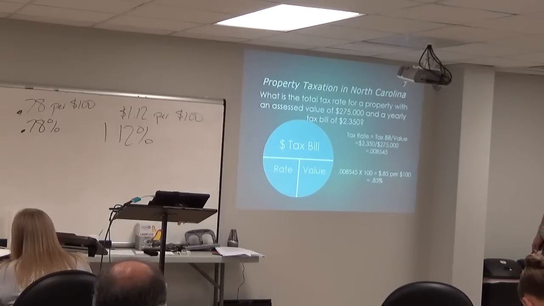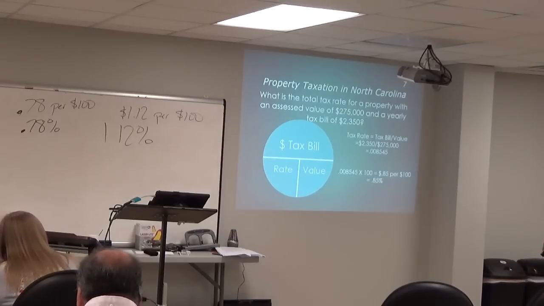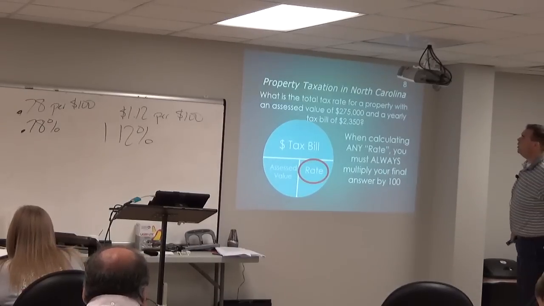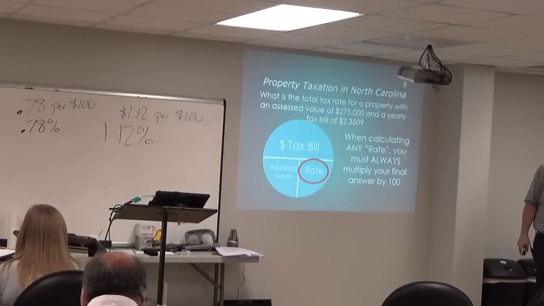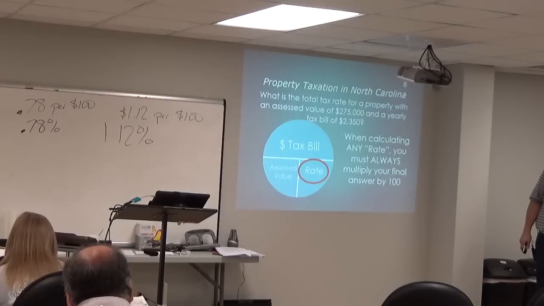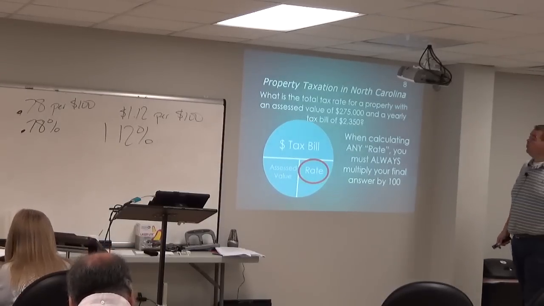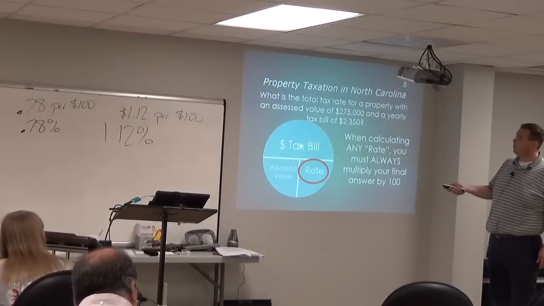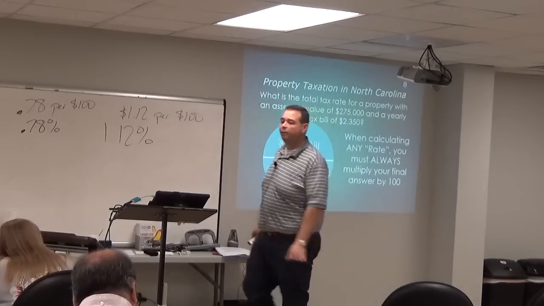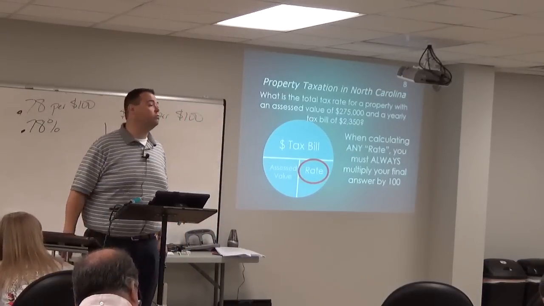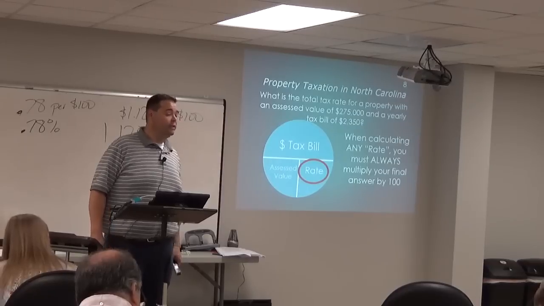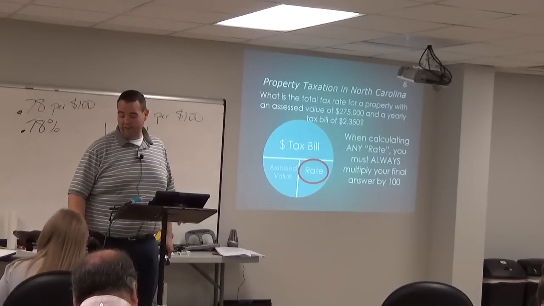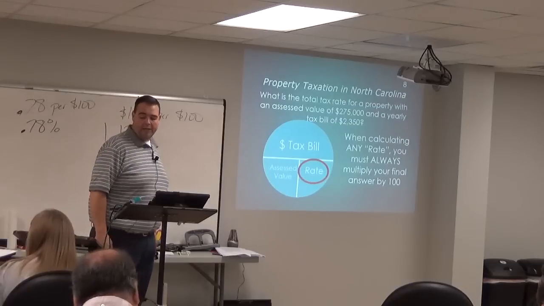So a question like this one, for example. What is the total tax rate for a property with an assessed value of $275,000 and a yearly tax bill of $2,350? Well, they want to know the rate. And whenever they're asking for the rate, what are we going to do with our final answer? Multiply it times 100. So we're going to bring that assessed value of $275,000 down here to the bottom. We're going to put that tax bill of $2,350 on top. Remember the thing on top goes in first. So if you type $2,350 divided by an assessed value of $275,000 and you just hit equals,